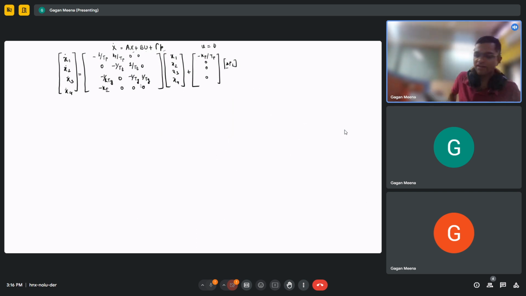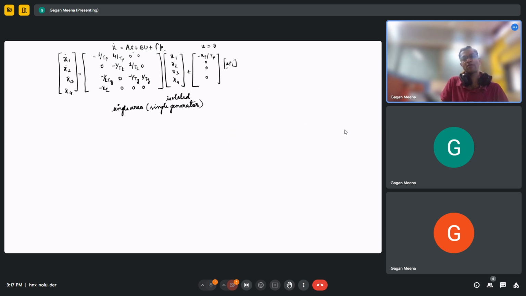So this is for a single area, and in that also only a single isolated generator under uncontrolled mode, and for a non-reheat turbine. So after this we discussed